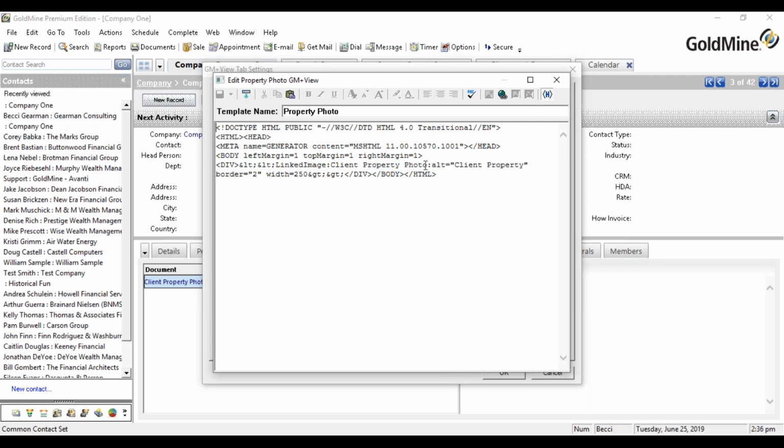It is called the client property photo, and it's going to be the one linked to that record. So this already knows that it wants to get the client property photo record for the client that we're looking at on the GM Plus view. So after you've copied this in, if you've changed the name, so maybe it's client portrait, maybe it's whatever it is,